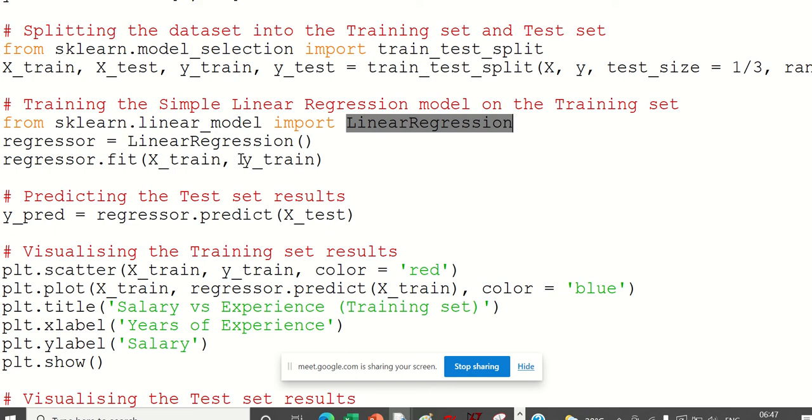Here what we do is create an object for linear regression, and that object is regressor. Then there is a command regressor.fit, where we pass x train and y train.